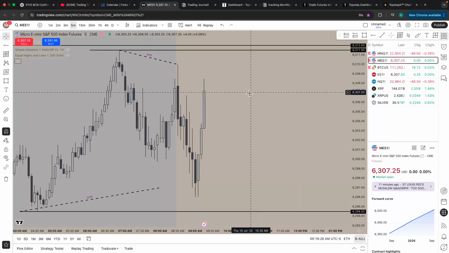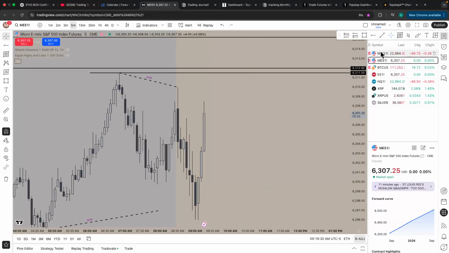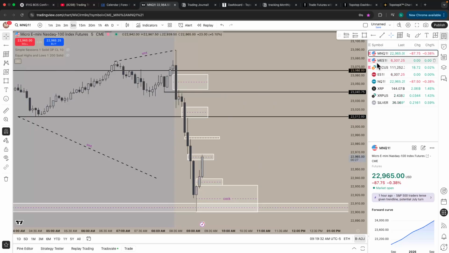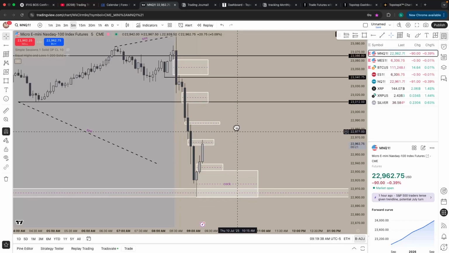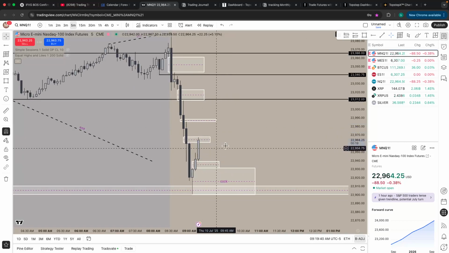ES is pushing really... ES could sweep. Ideally, before ES comes and takes out highs up here and even this high up here and potentially reverses off of it. Well, NQ's all the way down here. So you have to watch out for SMTs for your entries, but also where your take profits are. Something I've been looking into.